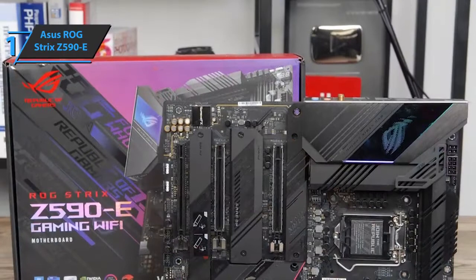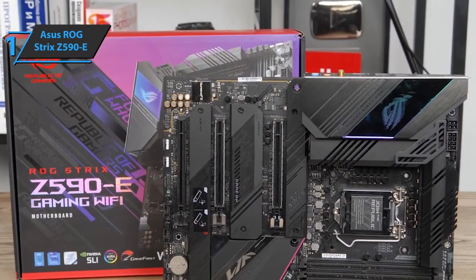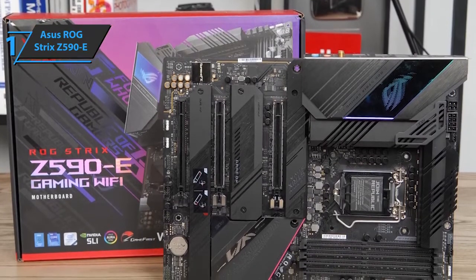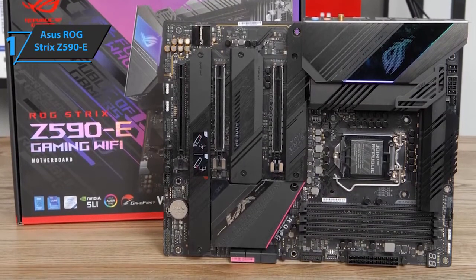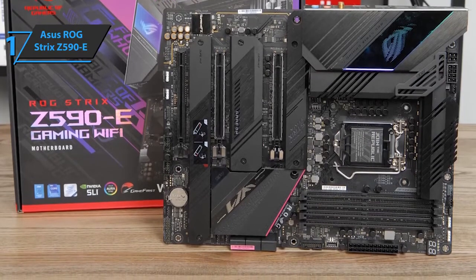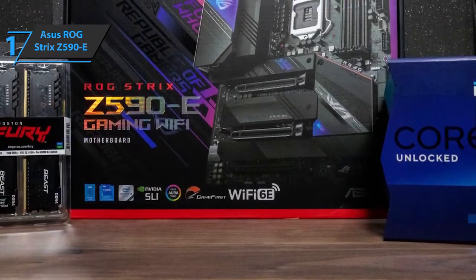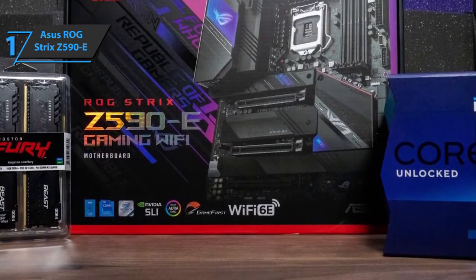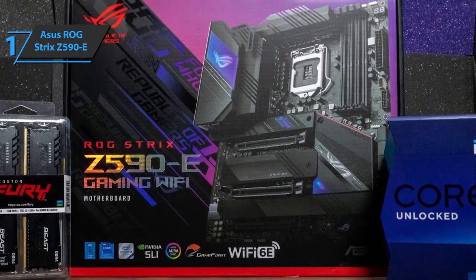We are also fans of the latest I/O. Why? Dual Intel 2.5 GbE Ethernet ports are a great start. Asus uses the latest AX210 Wi-Fi 6E, also from Intel, and there's even room for one 20 Gbps USB 3.2 Gen 2x2 port here, and another on the PCB. We also like the fact that both DisplayPort and HDMI are covered, and a clear CMOS button is useful for